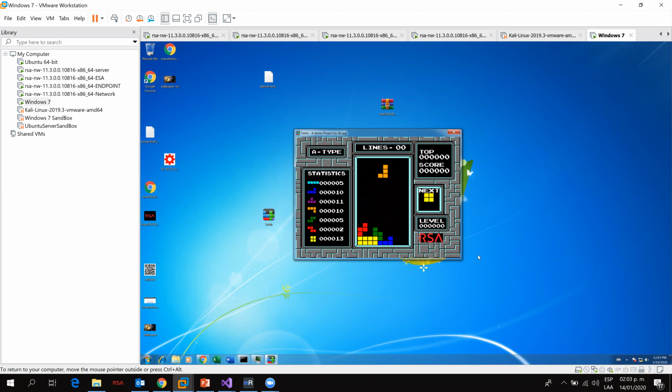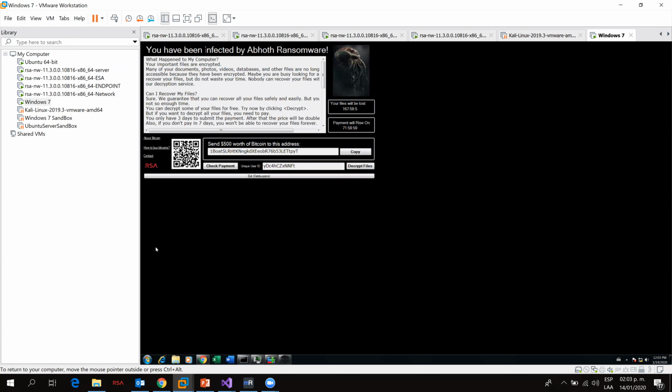Imagine that right now the victim is playing and says, oh, it's very funny to do that. However, he doesn't know that something is going to happen when line number 3 is reached. As we can see, we have line number 3. Something is happening in the background. The Tetris continues. However, we can see here something happened with the files, and then suddenly the screen is completely